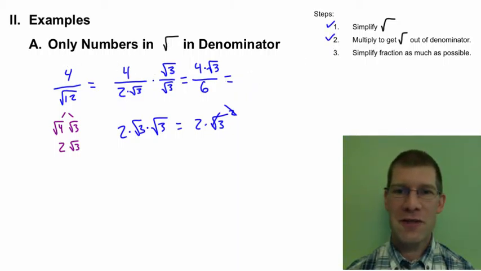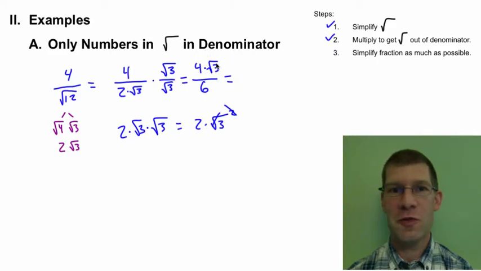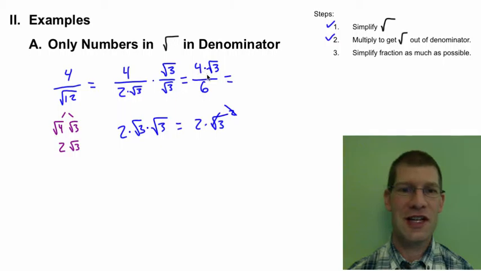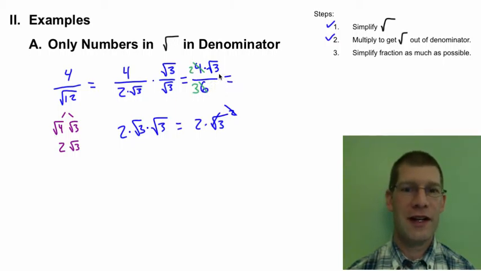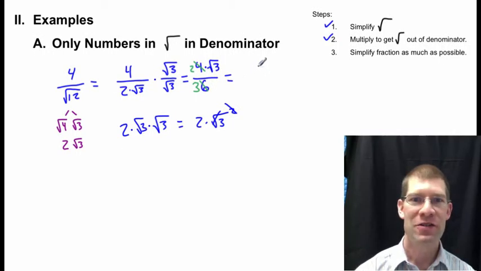But now we're done with step 2, and now we have step 3, simplify the fraction as much as possible. Because this is connected by multiplication in the numerator, it's treated like it's one term. So we look at, well, what goes into 4 and goes into 6? Well, they're both even, so we could divide them both by 2. That would give us a 2 here and a 3 here. Then you could say, could we simplify any more? Nope. And we're done. So the final answer then is 2 times the square root of 3,